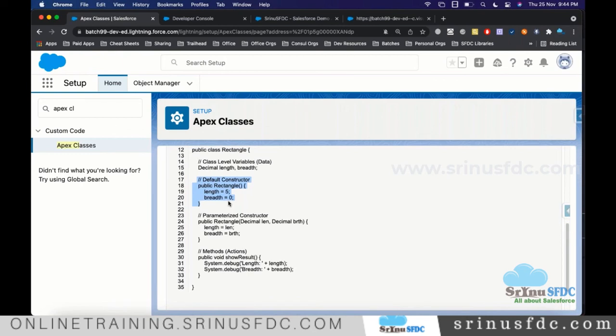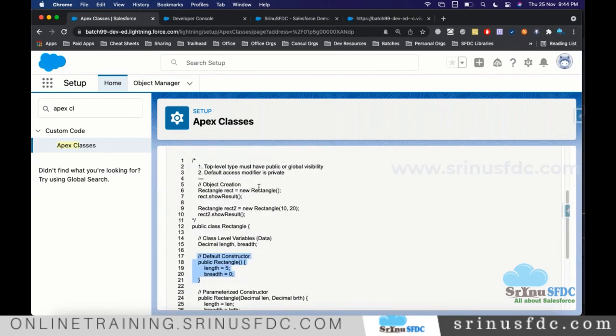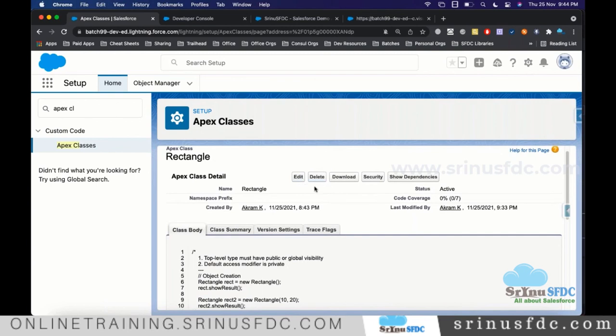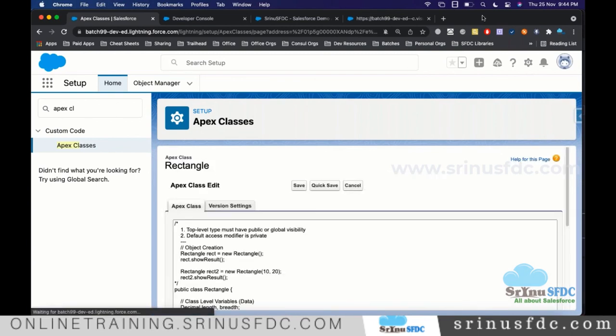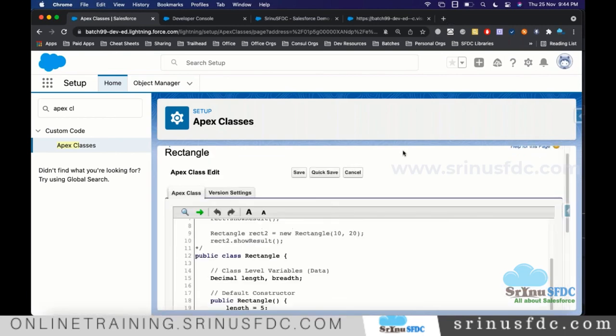So for a parameterized constructor, you need to mention the default constructor as well in the Apex class, is that what you're saying? Yes. Let me show you. Now this is the class.